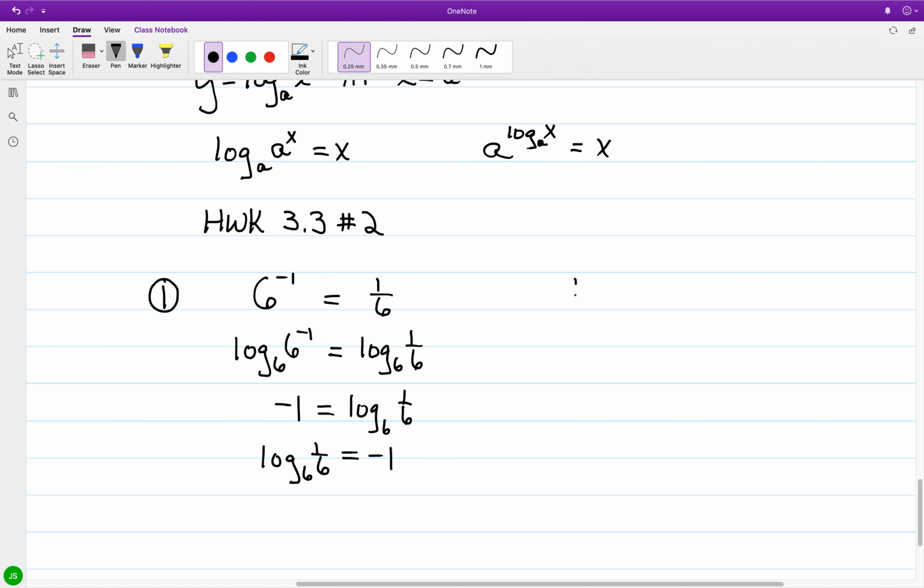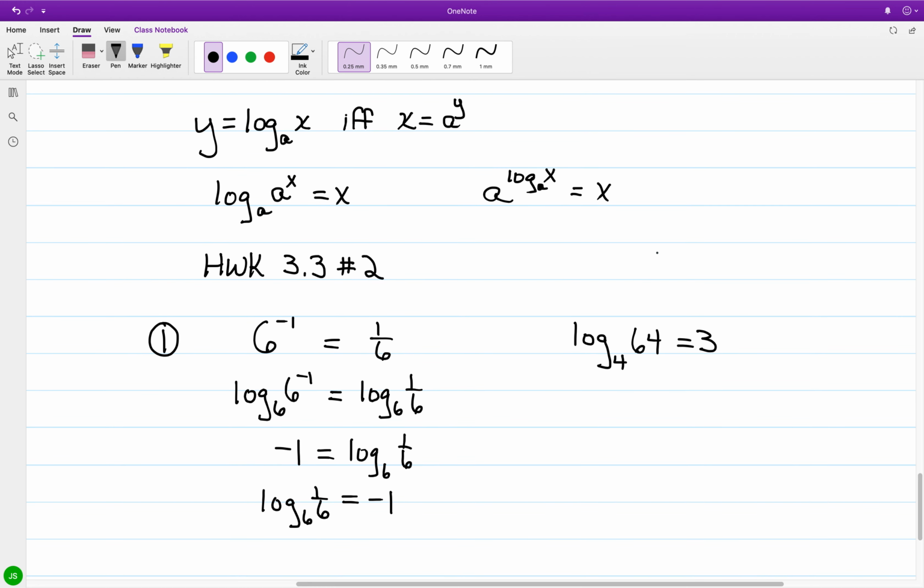Now, for writing as an exponential equation, here we have the base 4 logarithm of 64 is equal to 3. I can eliminate the base 4 logarithm if I take the exponential base that matches the logarithmic base, and here we have the base 4. So I apply both sides as powers to which the number 4 is going to be raised,